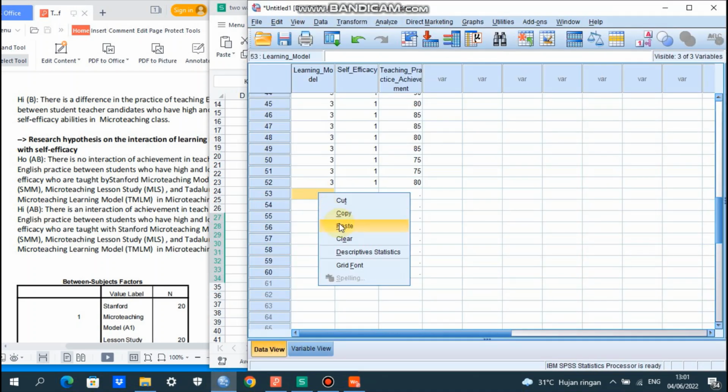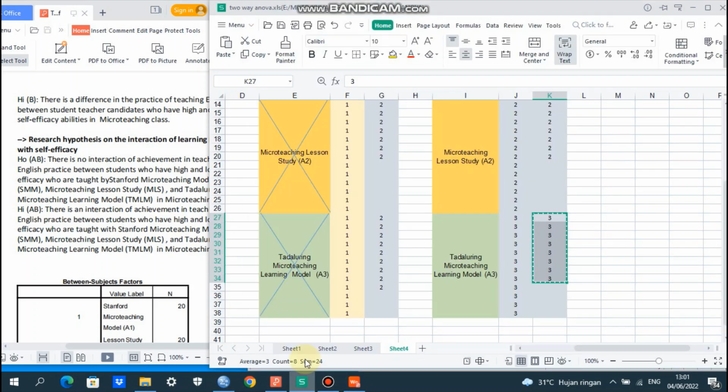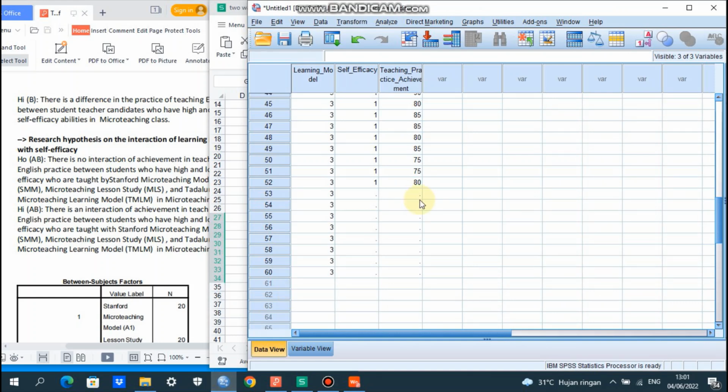And then we copy the code for low self-efficacy. 7 students only, sorry, 8 students. We paste it here.